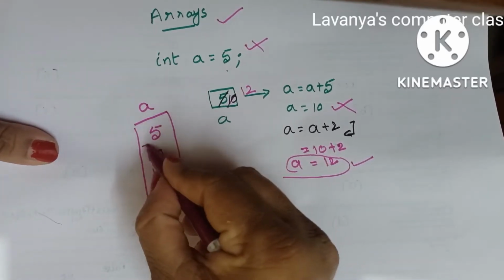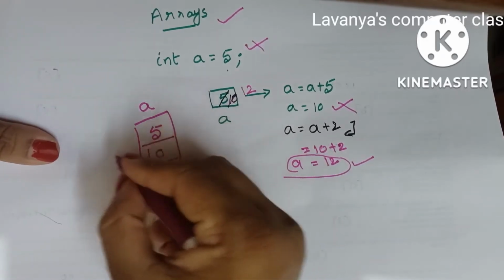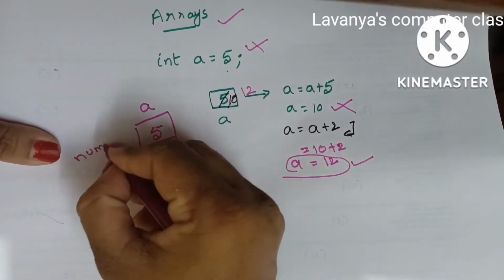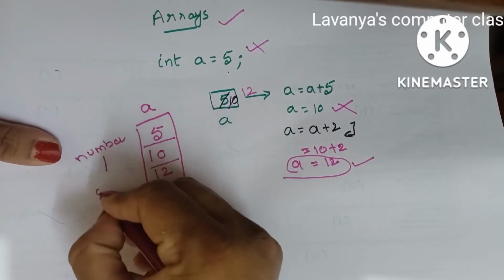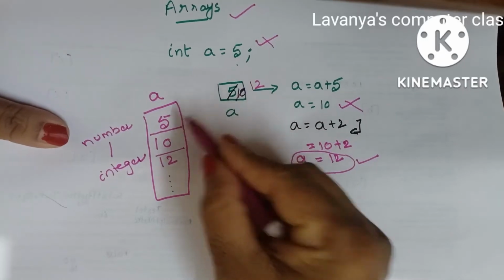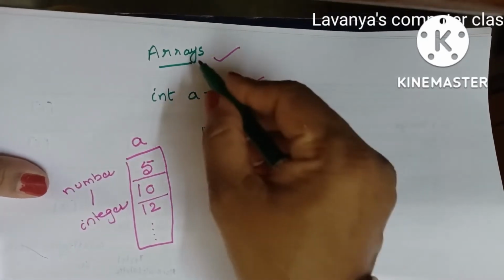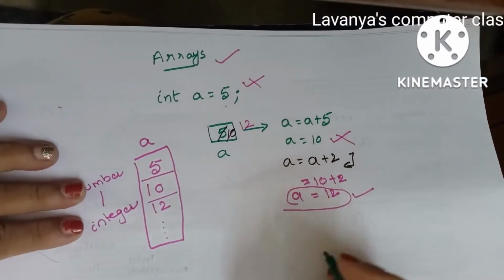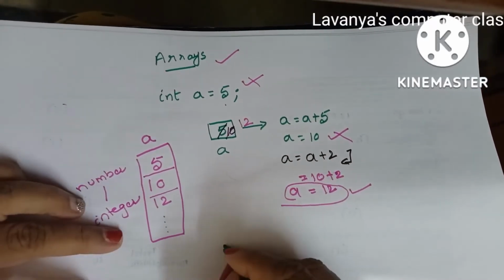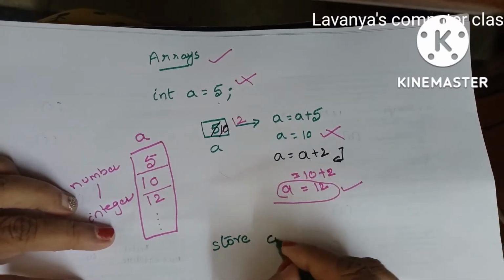But here one thing you have to observe. All these values belong to which data type? All are number data type, that is also integer data type. Integer data type means numbers without any decimal values. So what is the definition of an array? Arrays are used to store a collection of data